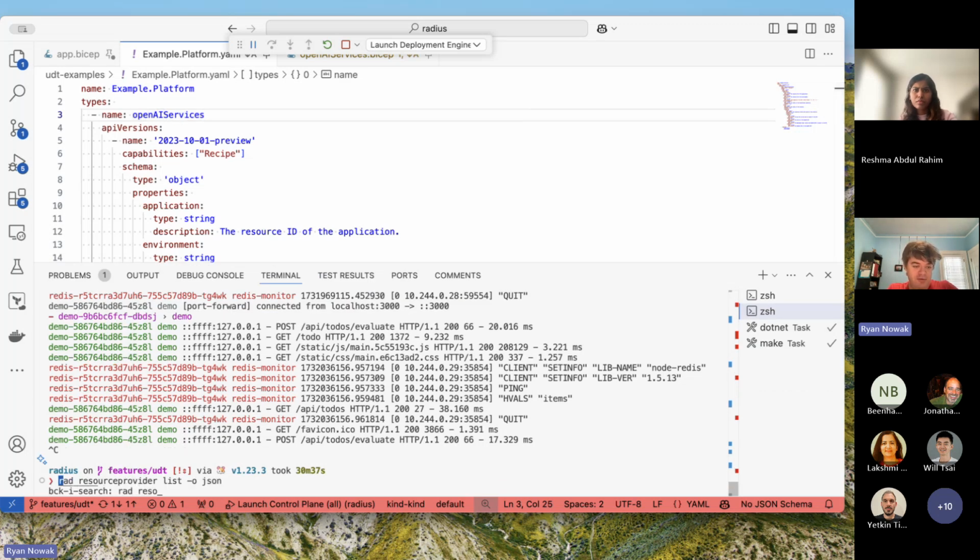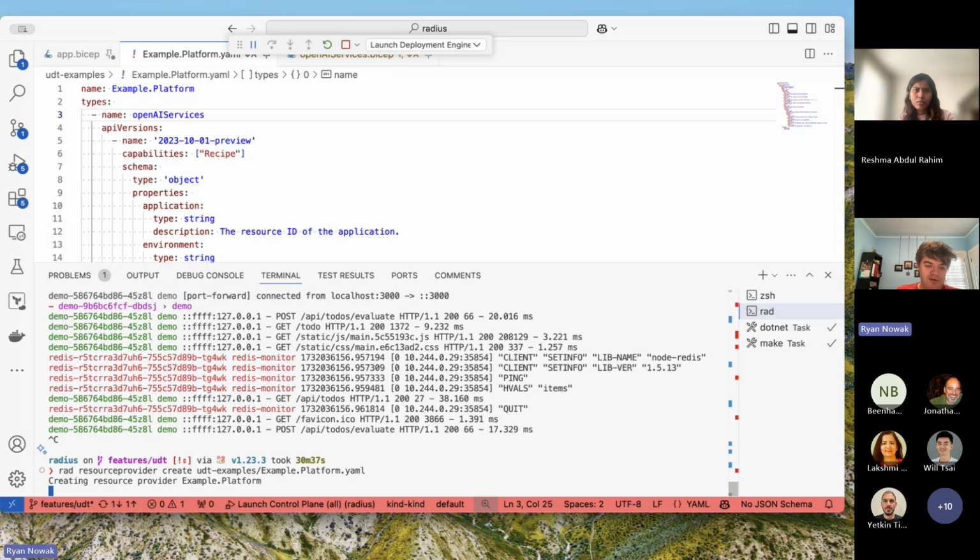So I've got this command, rad resource provider create. And this is a new command. All this stuff is new. It'll probably be in the next release, so probably in 41 in some kind of working form with some kind of documentation. So look forward to that. Right now, this is just on my computer.